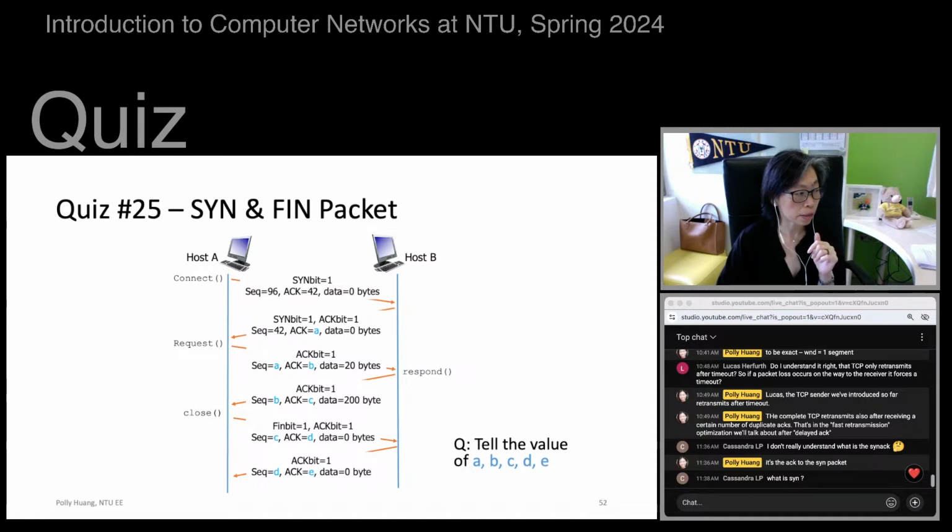So first is the client. The client here sends a SYN packet, so the SYN bit is on. It carries sequence number 29, ACK 42, but it's a SYN packet, so data size 0. It's a control message, there's no data byte. Host B here needs to acknowledge that SYN, so it's an ACK of the SYN, and according to the three-way handshake mechanism, host B also needs to send a SYN